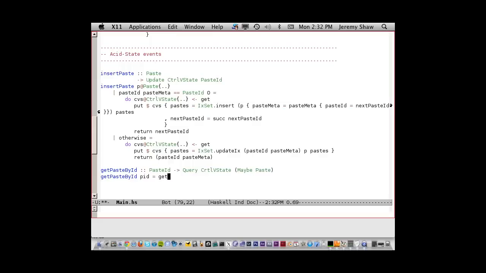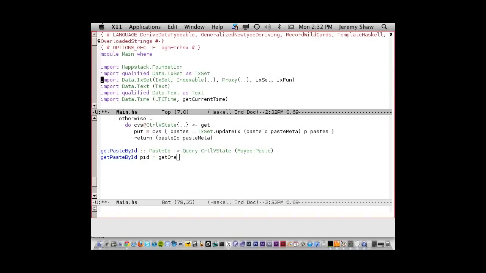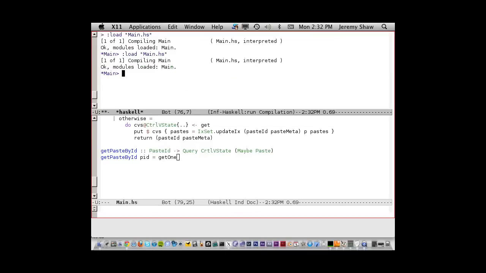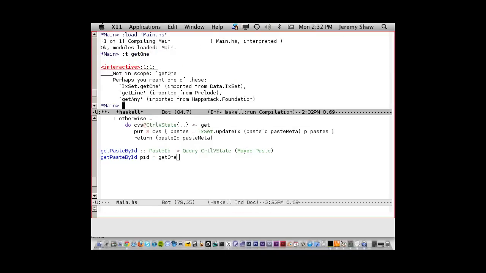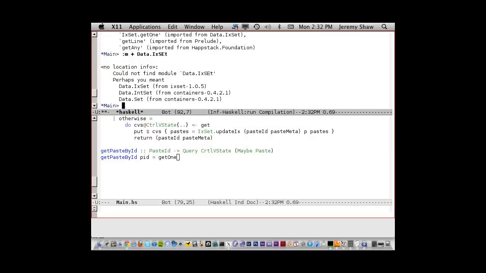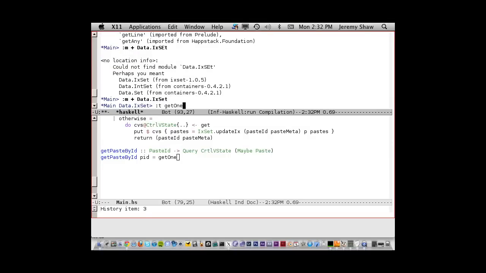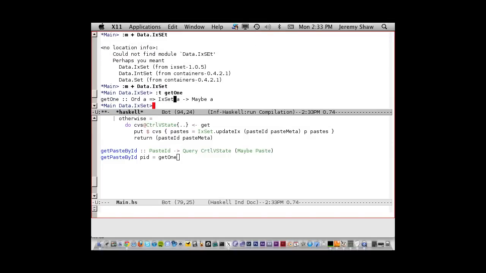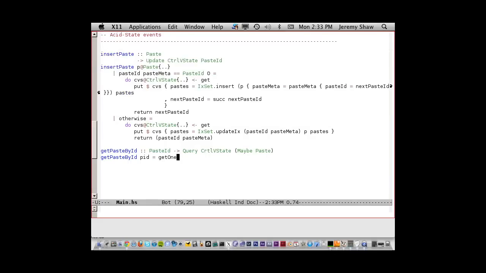So paste ID. getOne is an IxSet function. What does it look like? getOne has the type: it takes an IxSet and returns a Maybe value. It returns Just the value if there was exactly one value in the IxSet, and it returns Nothing if there were 0 or more than 1 values. So getOne returns